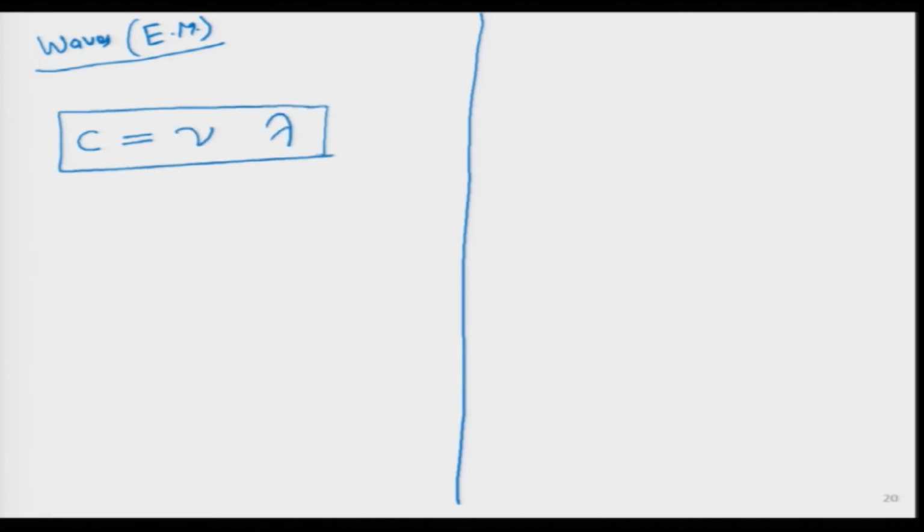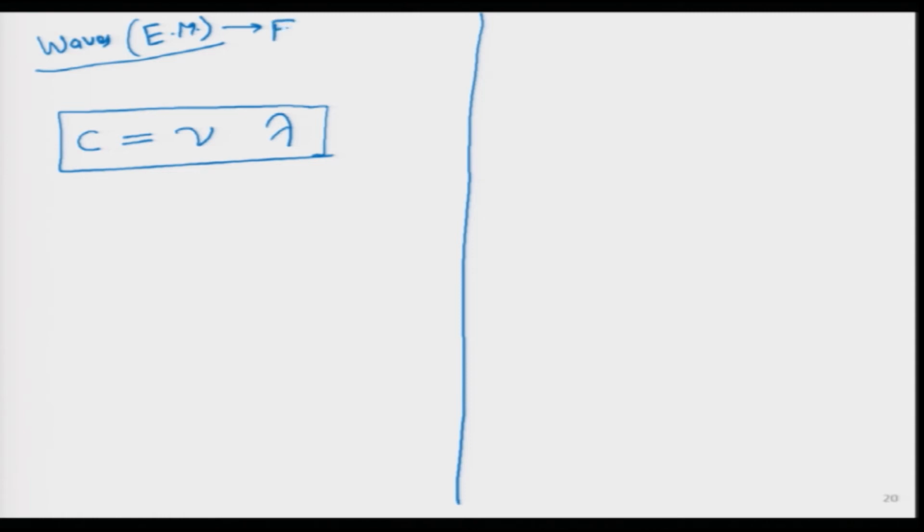Now, let me go into some equations and explain many of the terms that we have looked at earlier. Let us start with some equation for waves, and in particular we will look at electromagnetic waves. In general we can see the speed of a particular wave which is travelling can be related to its frequency and wavelength, and I remember in our time it used to be taught in school. So, I am going to assume all students are aware of it.